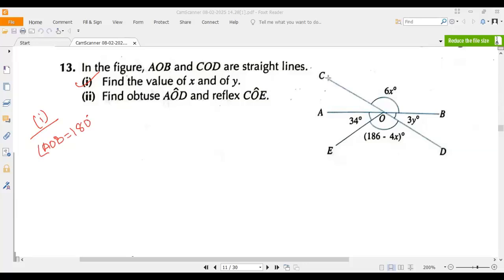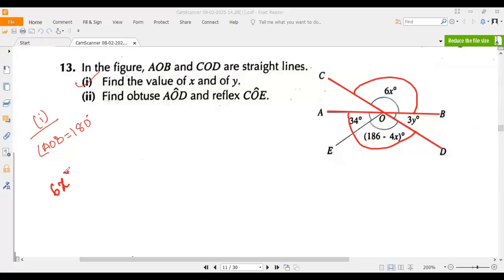Question number 1. If we draw this figure in this way, just look at this line. This one is COD and this line is AOB. Then here we can create vertically opposite angles. This angle and this angle, these two angles are vertically opposite angles. So we can say these two angles must be equal. So if COB and AOD, these two angles are equal, then we can say that